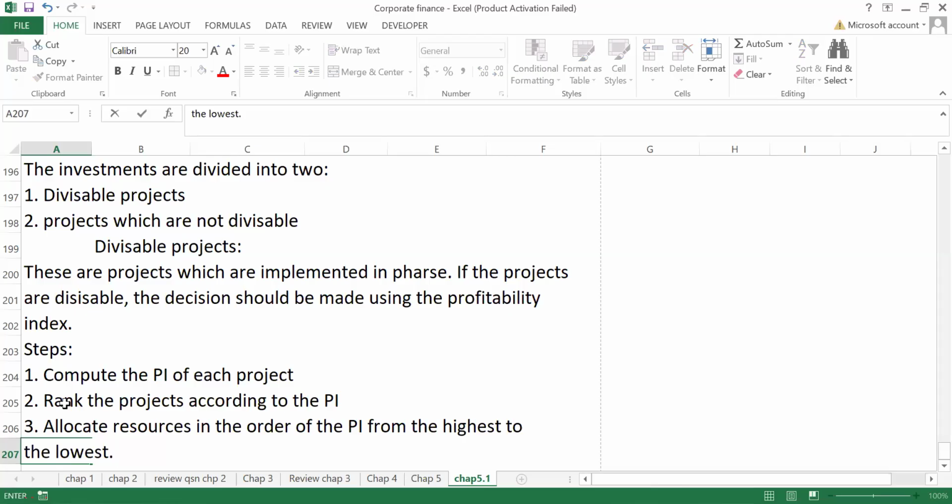I hope you are now with me. We are saying if the projects are divisible, you will make a decision based on the profitability index. And what are the key steps in this? Step number 1, you are going to compute the